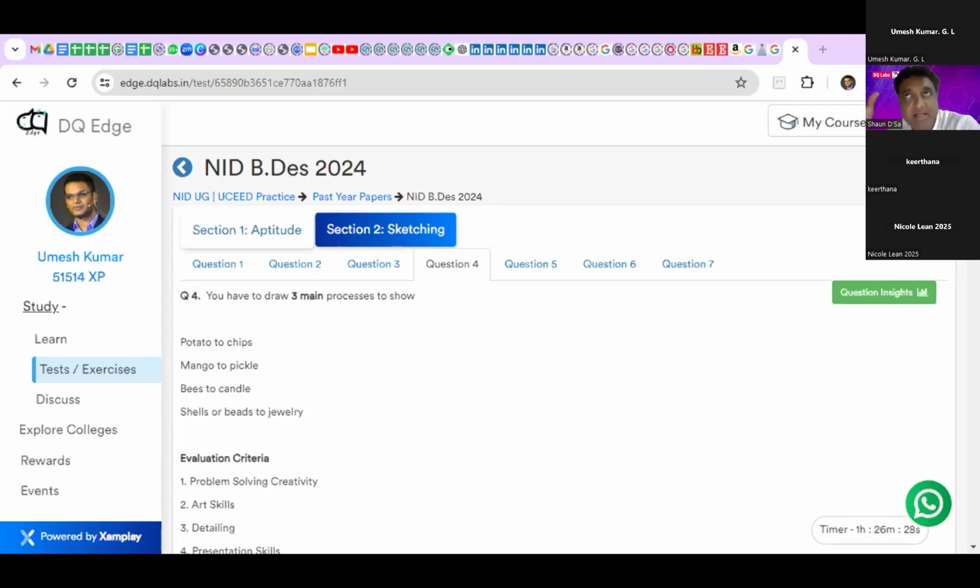It varies every year. Some years it is 70-30, some years it is 60-40, but it's around that. It's not set. They keep changing slightly. Maybe 2 years they'll go 70-30, next year 60-40, but even if they go 60-40, you can finish theory in 45 minutes. It doesn't take too long. Either you know it or you don't. If you get a question you can answer in 30 seconds, you can finish it fast.